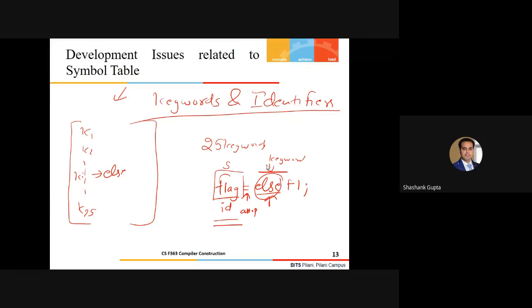Any questions up to this point, guys? Anything you want to ask. All right, let's stop here. We'll discuss how to implement the symbol table and other implementation issues, which you may or may not come across while developing the lexical analyzer.